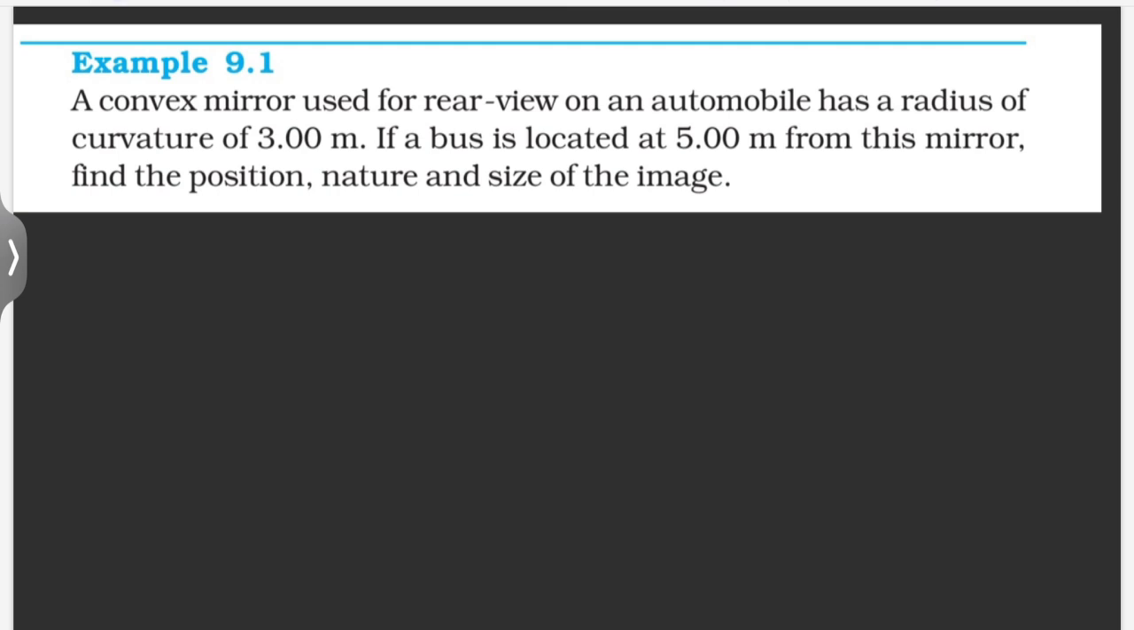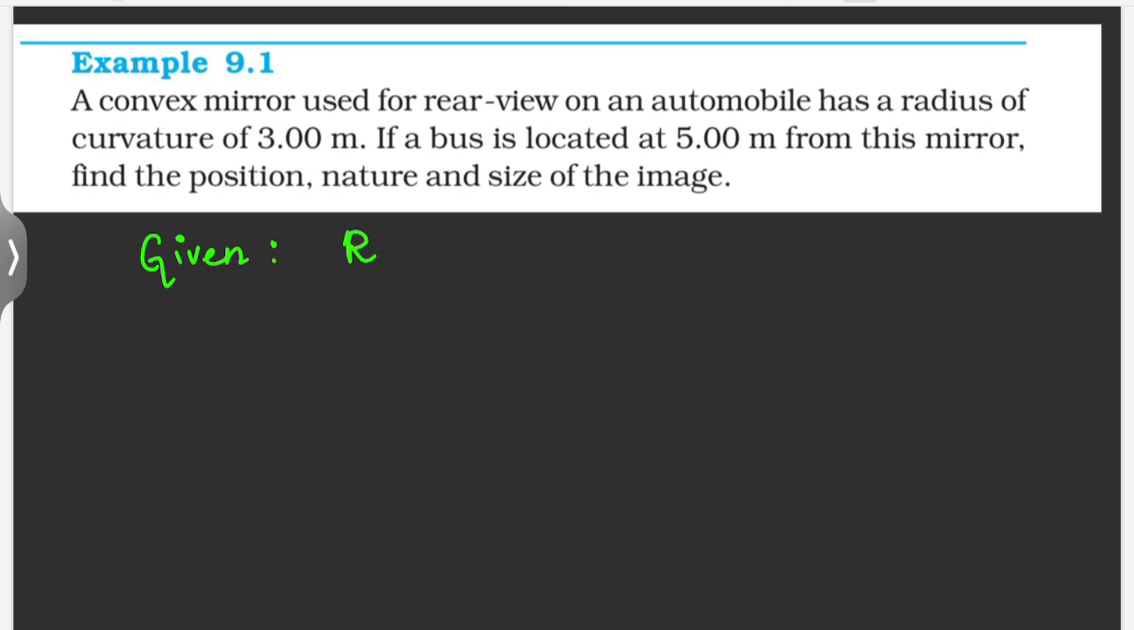First read the question, what is given. A convex mirror used for rear view on an automobile has a radius of curvature 3.00 meter. So here the radius of curvature is given. So write down what is given in the question. So given,